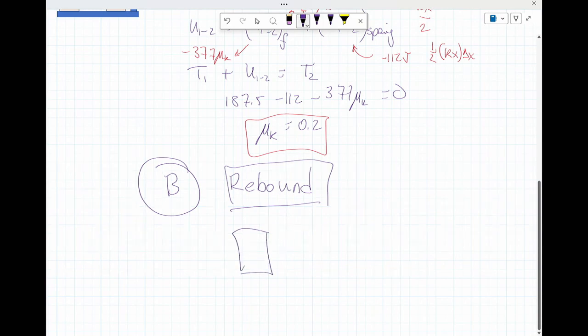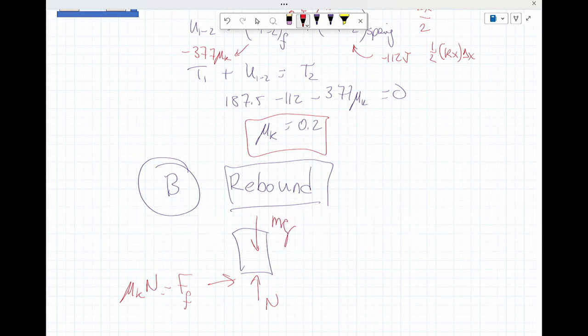If I start out at least with this, I have the normal, I have force of friction, which is equal to mu k N, and I have mg. So I have the weight acting down, same thing as before, but the force of friction is acting in the opposite sense, because now the block is moving in this direction. The first part, the block was moving in this direction. So if I put everything together, I end up with